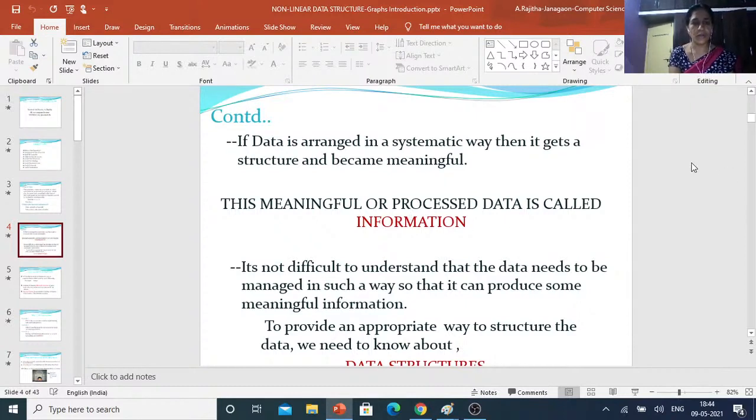To provide an appropriate way to structure and process the data, or to provide some meaningful data, that is what is called information. So to provide the information we require an appropriate way, and for that we need a data structure.